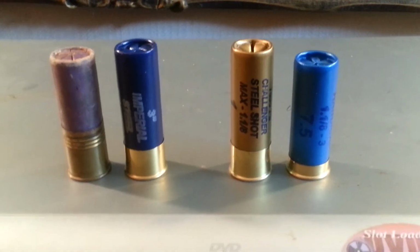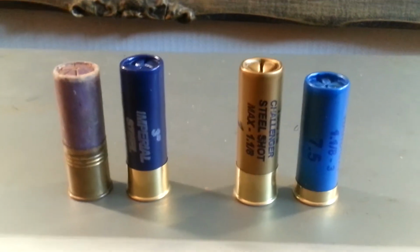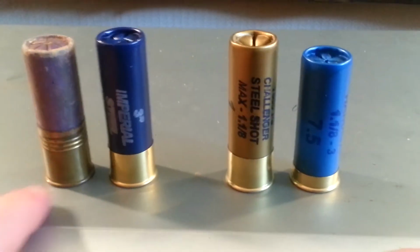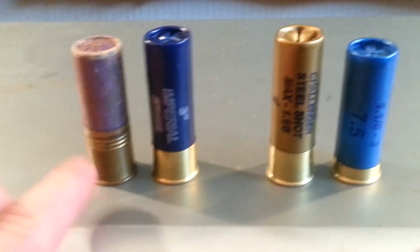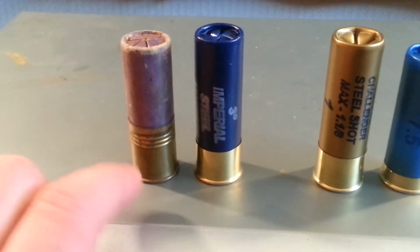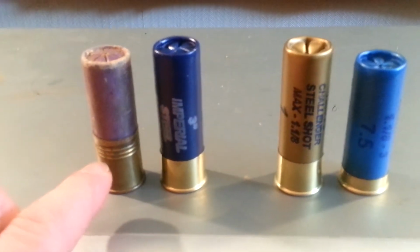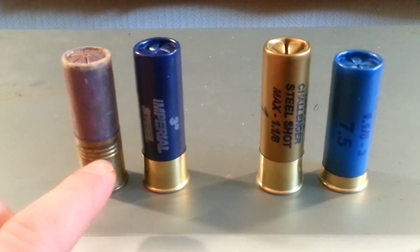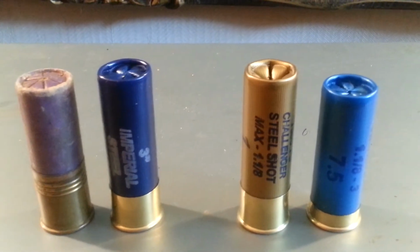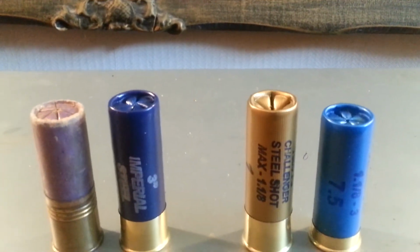But anyway, I'm excited to see what these 2 rounds do, because like I said, the old Imperial lead did not disappoint. It did not. Guys have been using it for years, and let me tell you, some of the older guys would probably take this if it were legal, because it's not here in Nova Scotia, anywhere in Canada, anywhere in North America, I believe. But you know, they'd use lead for waterfowl. But if you could, I bet you a lot of guys would take a number 6 or a number 4 lead over a number 1 double B 3-inch steel. You know, so they're reliable. They got the knockdown power, and I bet you most of them are ounce and a quarter loads too, if not even possibly heavier. I'm not sure, but